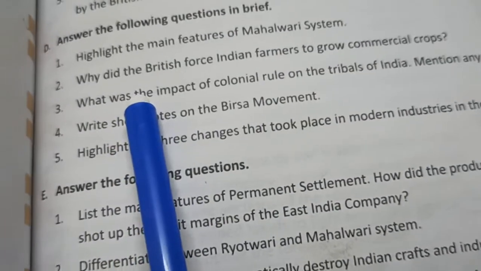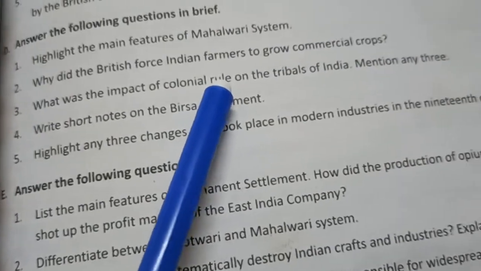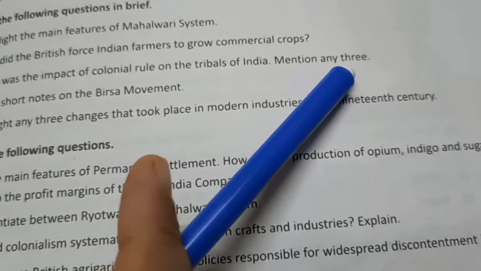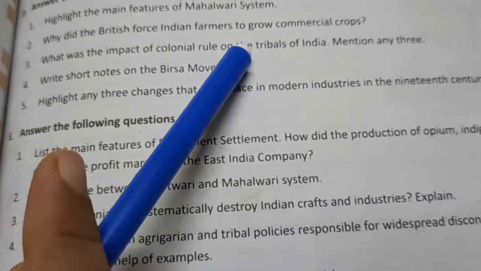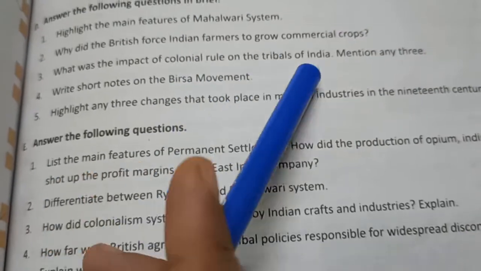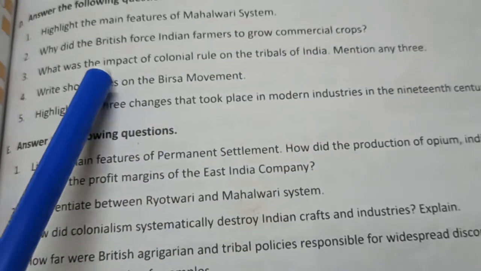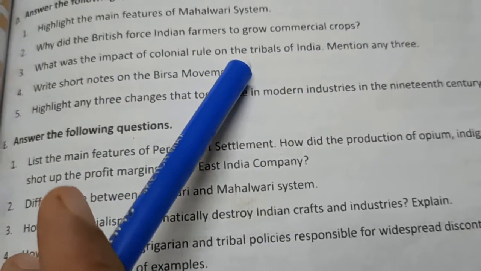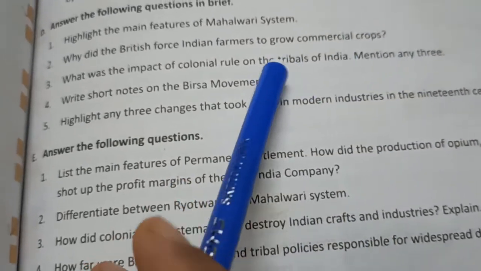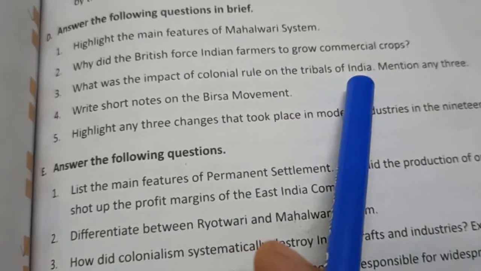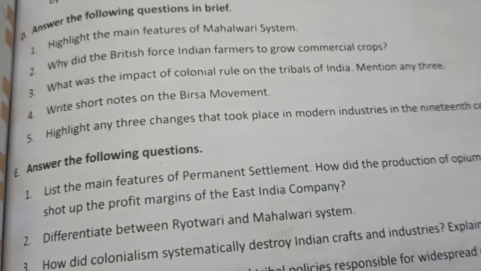D third question is, what was the impact of colonial rule? Colonial rule means which rule? British rule on the tribals of India. Tribals also revolted against the Britishers because Britishers imposed various rules on the tribals. And here we will see what was the impact of colonial rule on the tribals of India. Mention any 3. Any 3 impacts of colonial rule on the tribals of India you have to write, and for that you take out page number